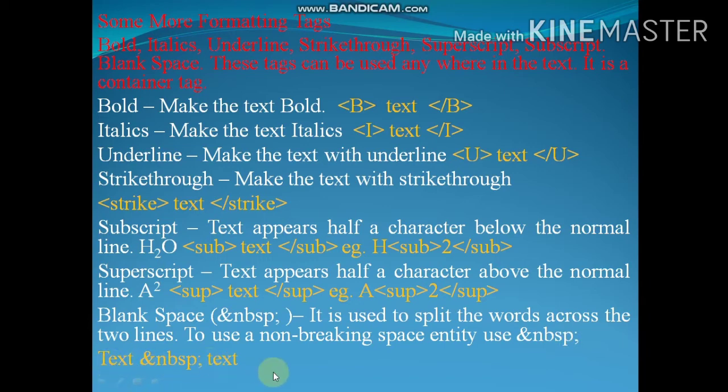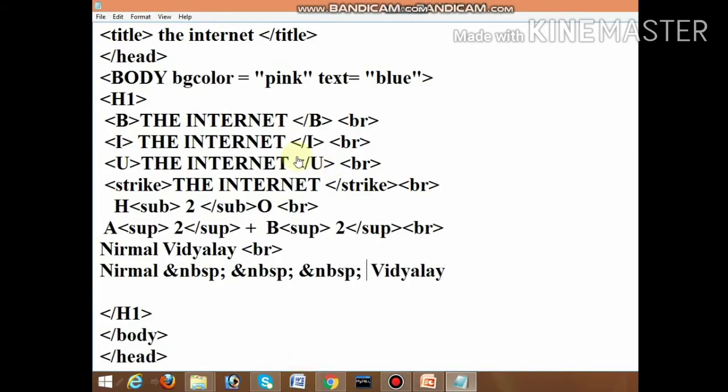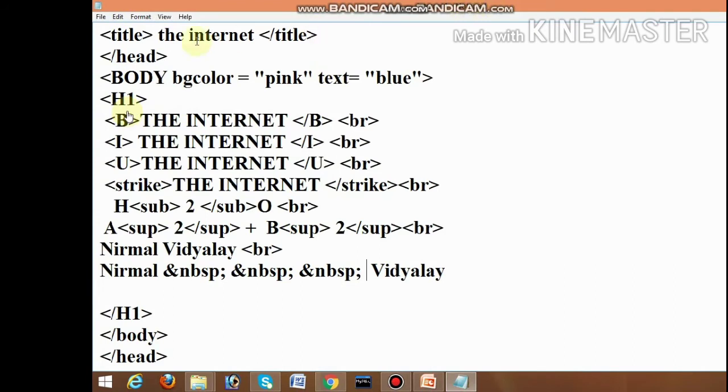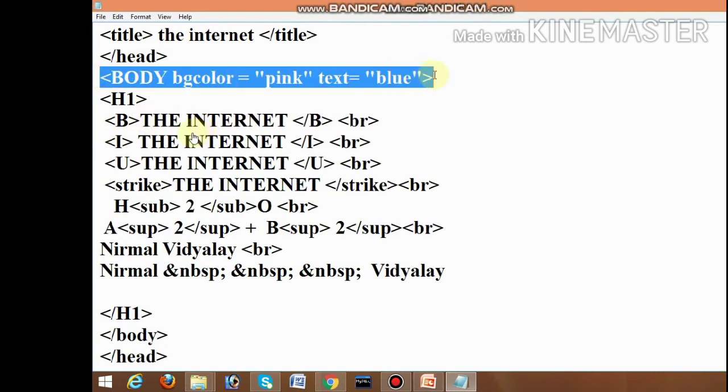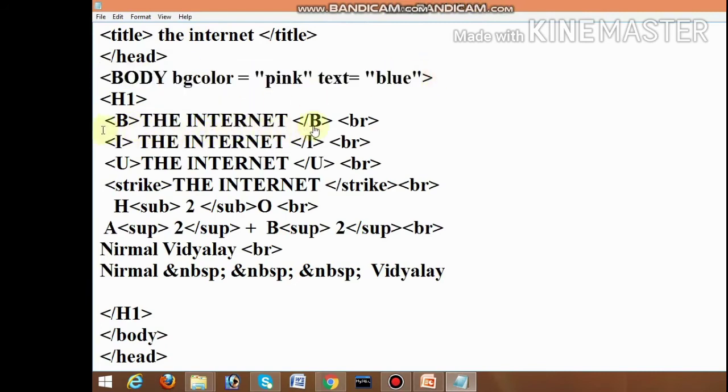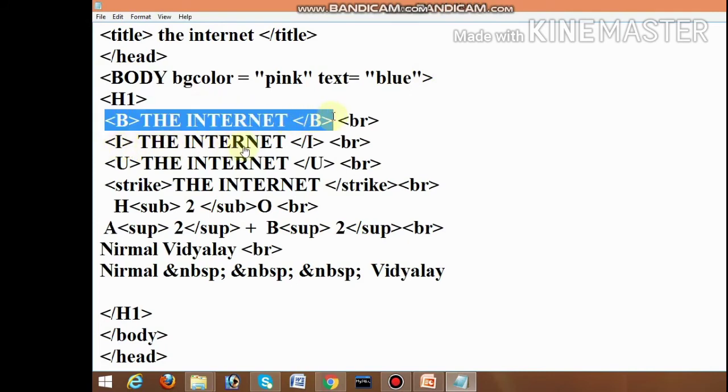Now let's see an example using these tags. I use it here: body BG color pink, text equal to blue, and I use bold. Bold, then the text, then italic, and the italic should be closed.